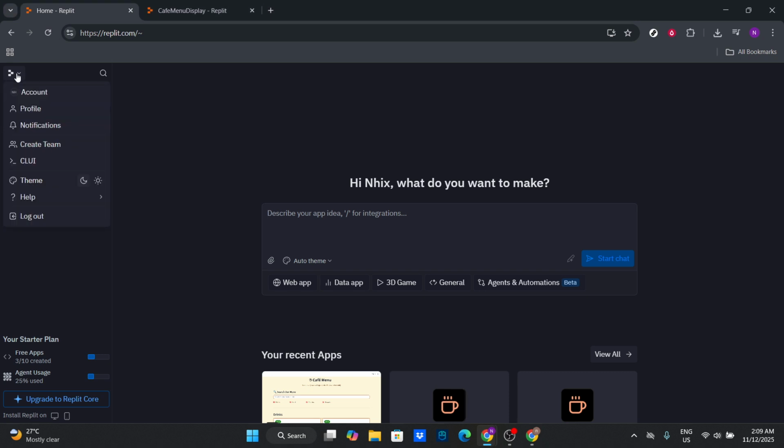Next, direct your attention to your profile section. Typically, you'll find your profile icon in the upper corner of the interface. Click on it, and a drop-down menu should appear. Choose the option that simply says Profile. This step allows you to specifically target the projects associated with your account, ensuring that you're always working on the